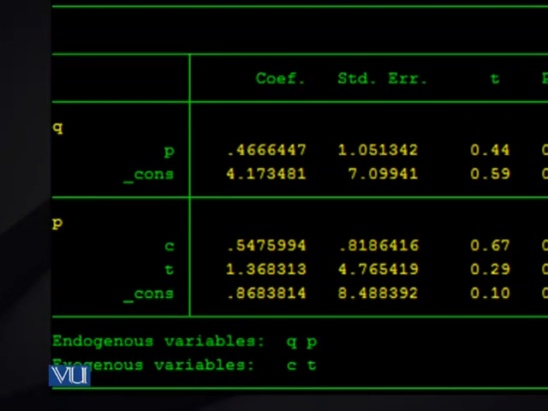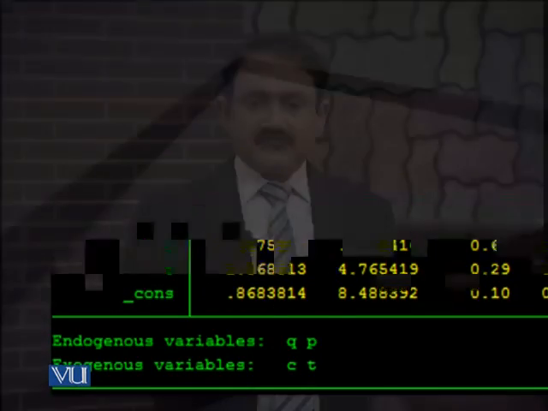This is the use of reg3. If you practice more, you will come to know there are other options of reg3. Just type in help reg3, and you will come to know other uses of reg3. This is a vast and complicated command, but presently, in the context of two-stage least square, we have used this three-stage least square command to get our two-stage least square results.